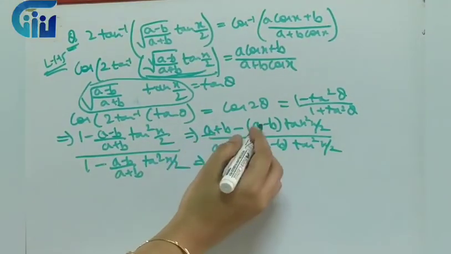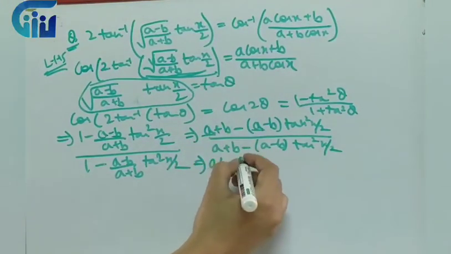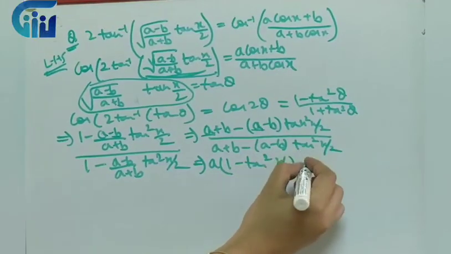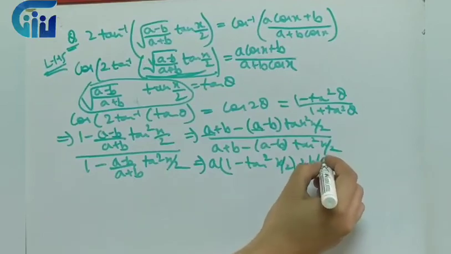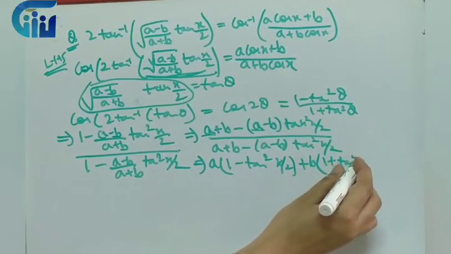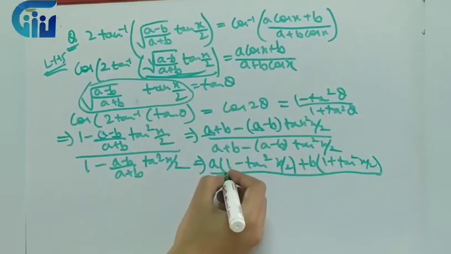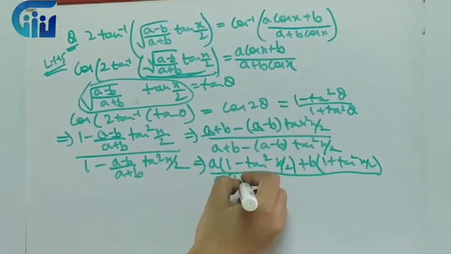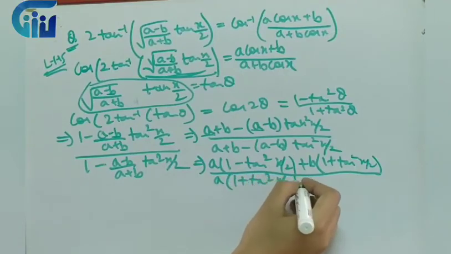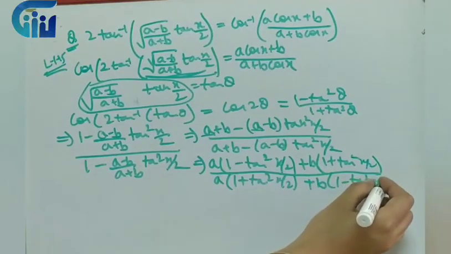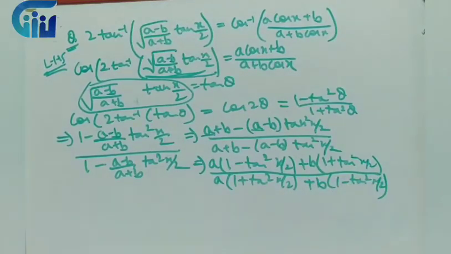So I'll start from the left hand side. Now what I'll do is, in place of this whole thing, I can put it as tan theta. So I'll put (a minus b) upon (a plus b) into tan x by 2 as tan theta, so that tan inverse can get cancelled. So it is cos 2 tan inverse tan theta. So I'll have cos 2 theta, right? Then for cos 2 theta, I have a formula: 1 minus tan square theta upon 1 plus tan square theta.